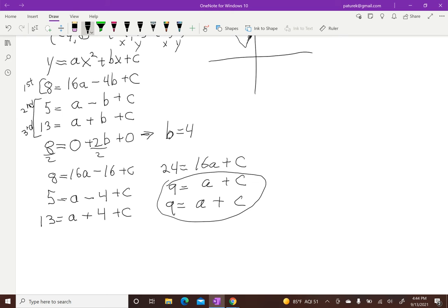But I really only have two equations now and two unknowns. A and C are unknown, and I've got 24 equals 16a plus c, and I've got 9 equals a plus c. Now these are both straight lines. If you were to sketch them on an AC coordinate plane, you'll find one's got one slope, one has a different slope, and there's only one point where they intersect, and that's the solution. I suggest that we solve by